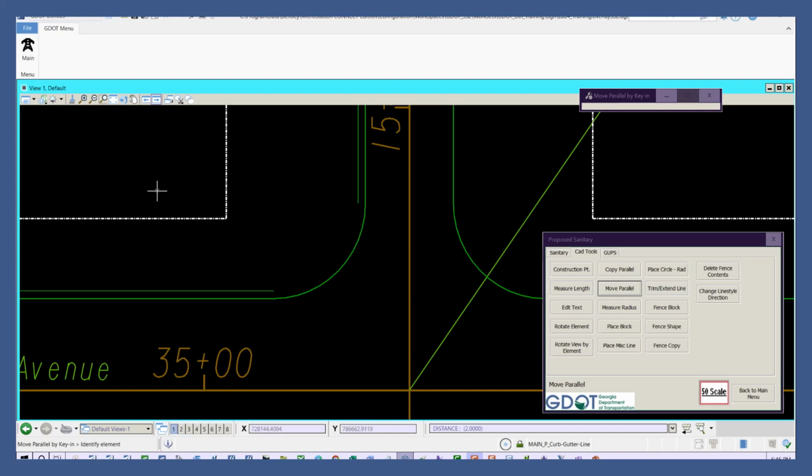The other option is to copy the element and then change the symbology of the element after it has been copied. So for the curb, we will go back to the CAD Tools menu and we'll select the Copy Parallel option. 2 feet is already keyed in. Copy. Left click to copy, and then left click to accept the point that is copied to, and right click to exit the command. Now to change the symbology of the element that was just copied, which is currently main P edge of pavement, I'll select it